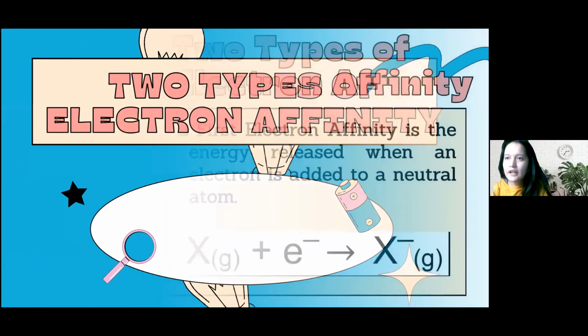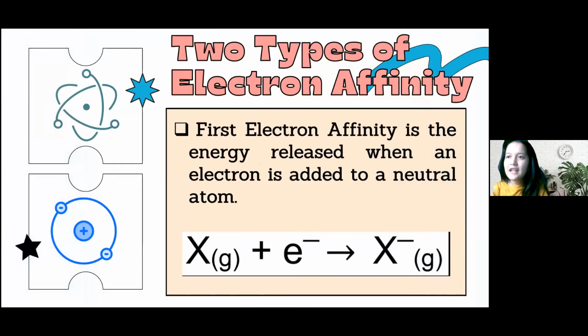Two types of electron affinity. First, electron affinity is the energy released when an electron is added to a neutral atom: 1 mole of gaseous atoms gains 1 electron each to form a gaseous anion. Next,